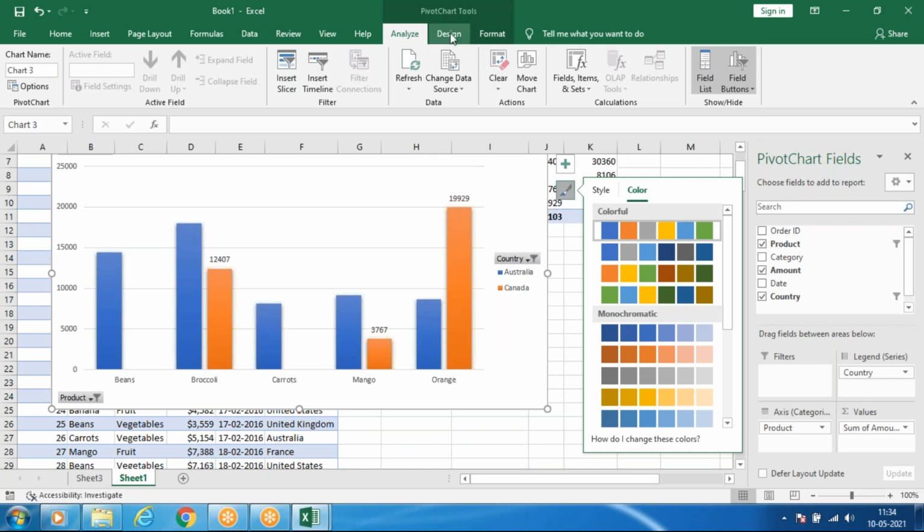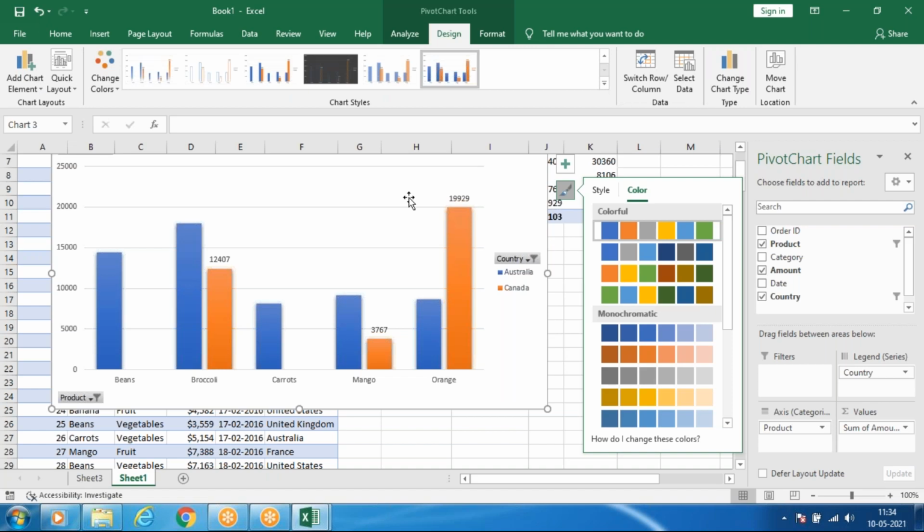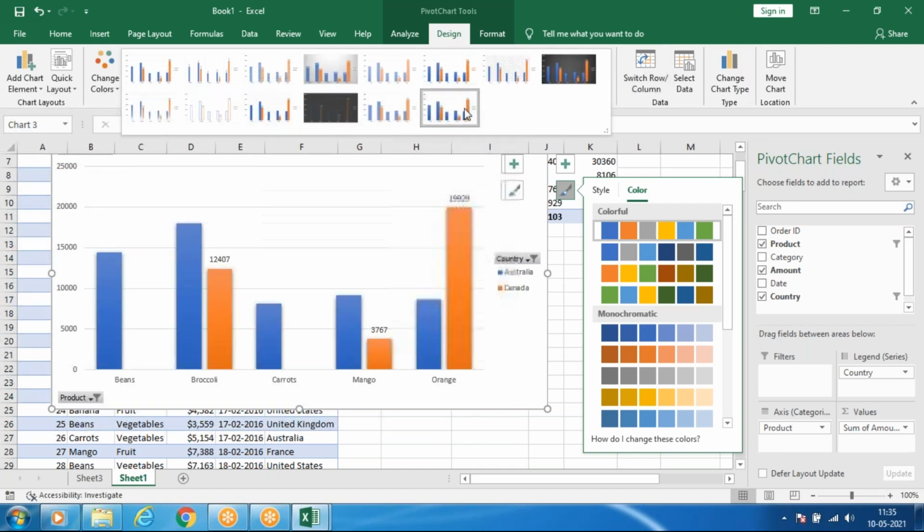For designing, you can go to the Design tab. After selecting the pivot table, you can see the Design tab over here. Again the colors, again the designs, whichever designs you like.